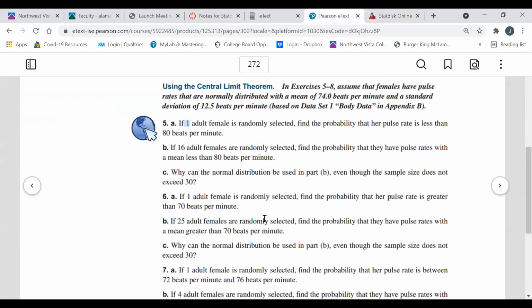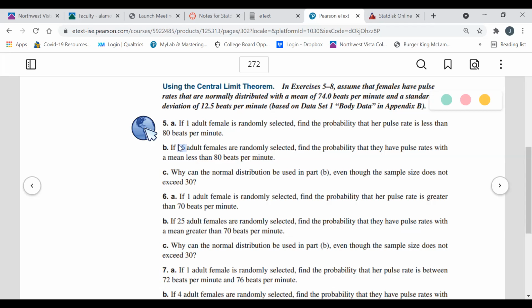if 16 adult females are randomly selected, find the probability that they have pulse rates with a mean less than 80 beats per minute. Sorry, with the sound effects. But yeah, that was a pretty good thumping of the heart. All right, so notice this one has